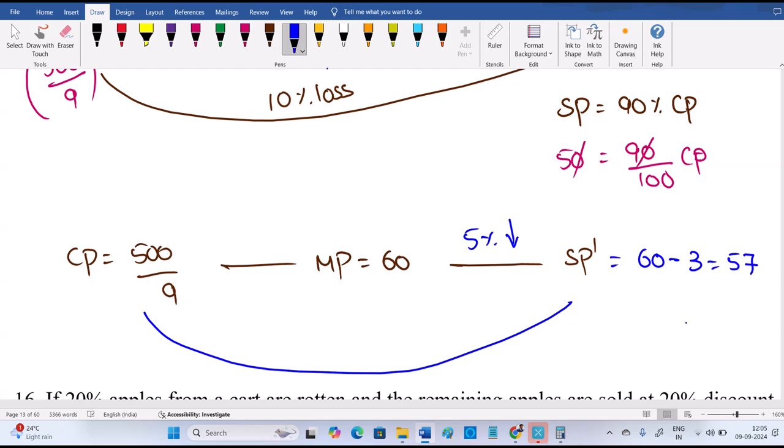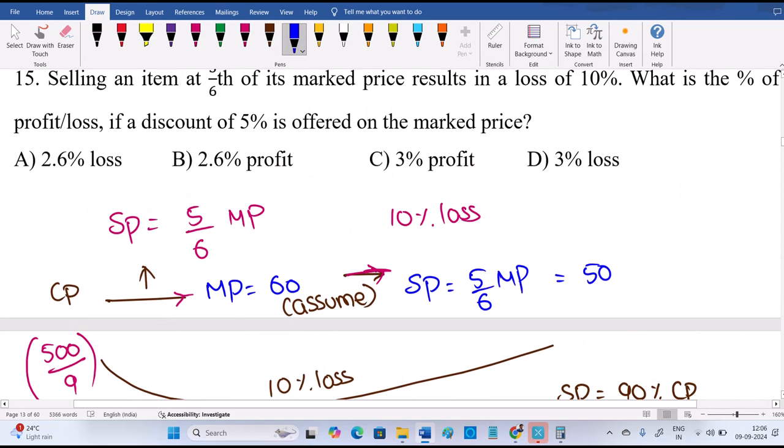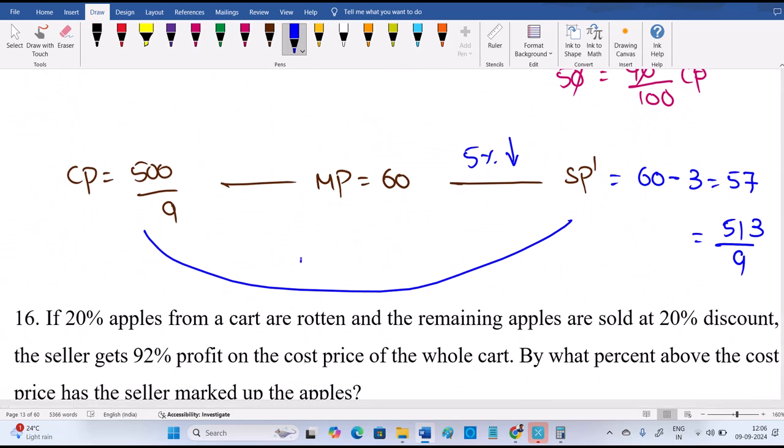In terms of divided by 9, multiply by 9 and divide by 9 for a better visualization. If you multiply the numerator with 9, 7 times 9 is 63, and 45 and 6, 5, 13. You can see loss, loss, profit, profit. Profit is 13 by 9. See, it's not about loss, profit. Profit is there. So profit is